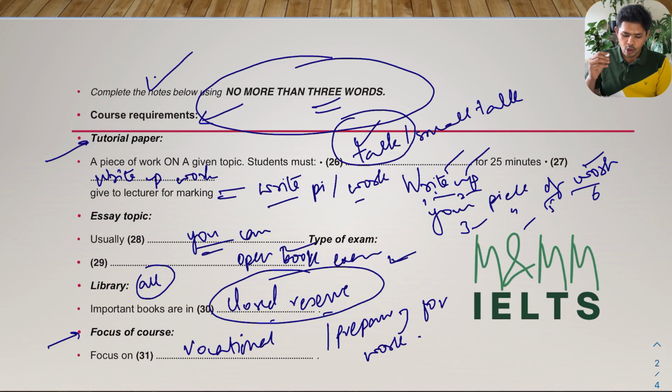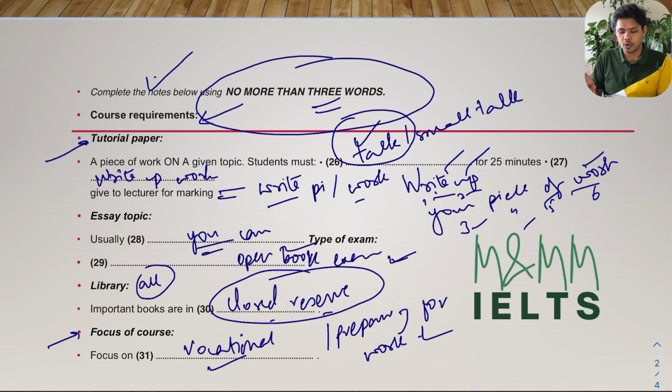The next one, focus of course. So then they started talking about where the focus should be. Now, according to me, there can be 2 possible answers. Number 1, she clearly said focus on vocational as a subject, right? It was the name of a subject. So your answer can be vocational, or she also said that they do focus on preparing the students for work. So you can also write down preparing for work, because it is again within your limit of 3 words, okay? So your answer can either be vocational or preparing for work,